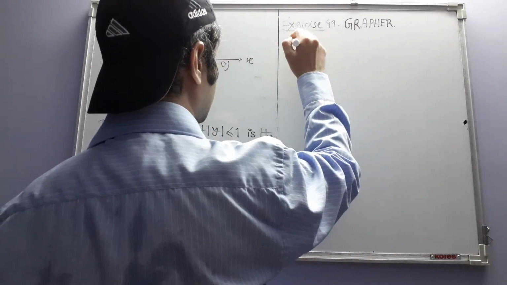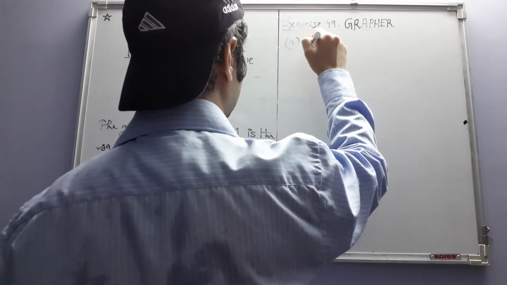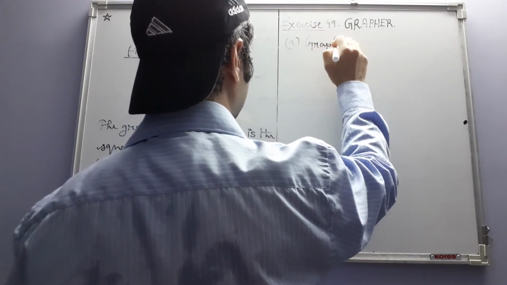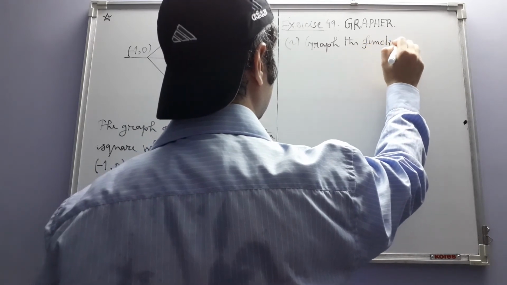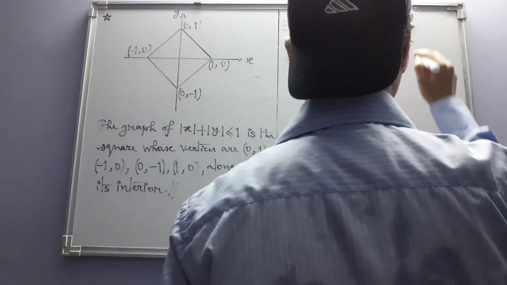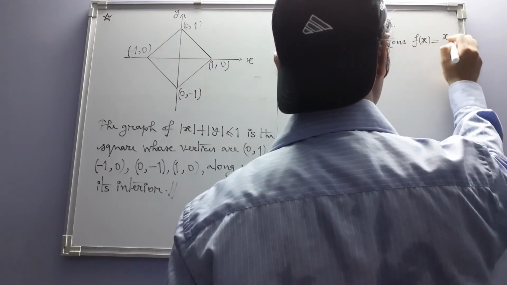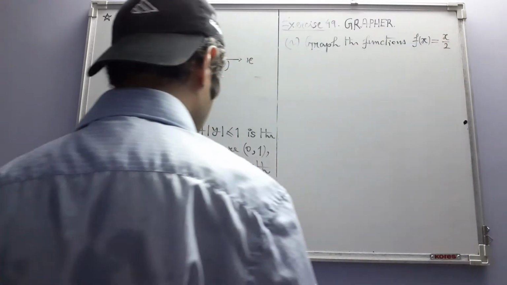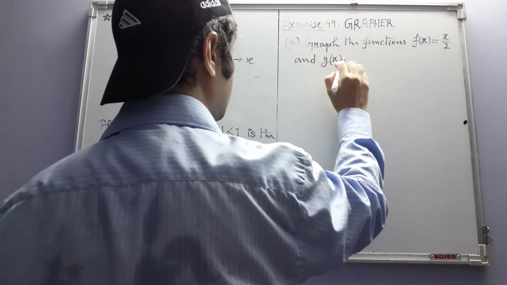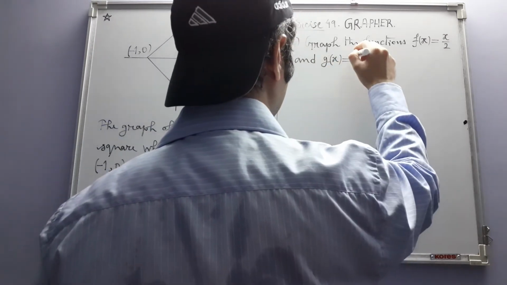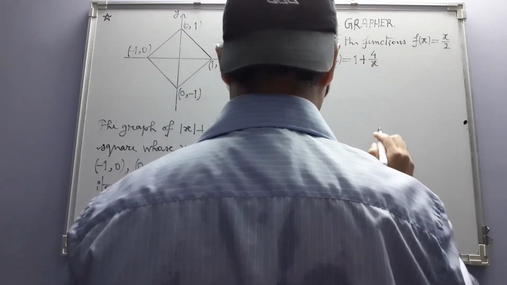So the 49th one is this: graph the functions f(x) equal to x by 2 and g(x) equal to 1 plus 4 by x together